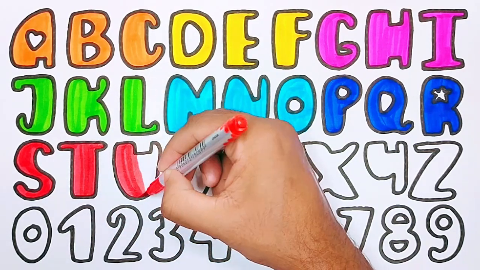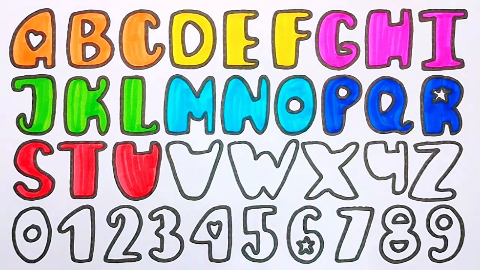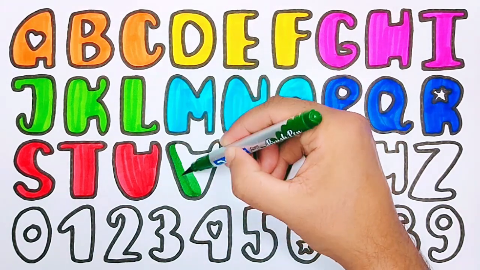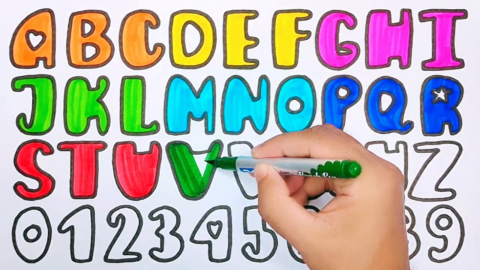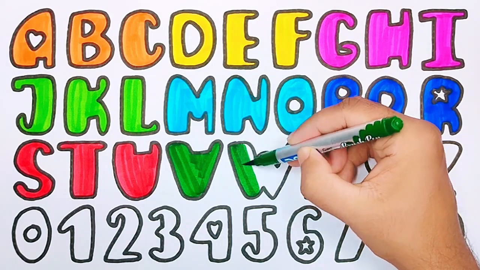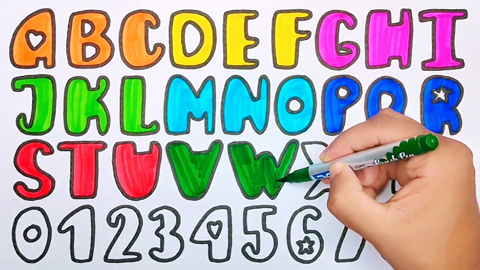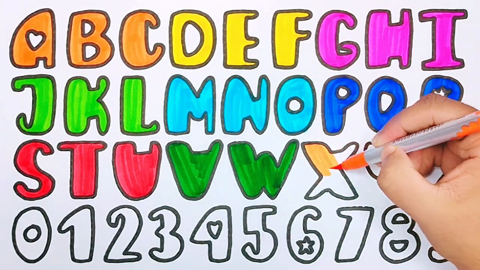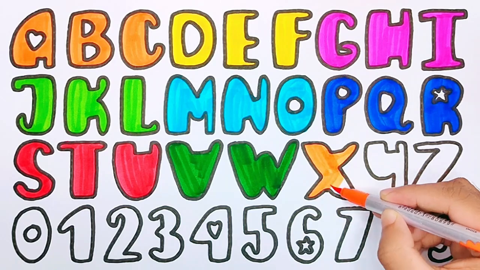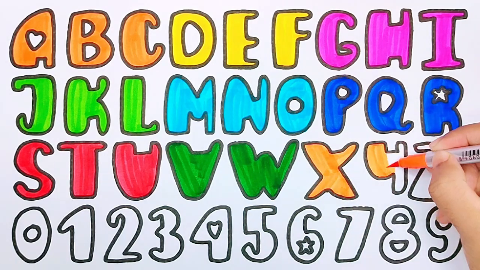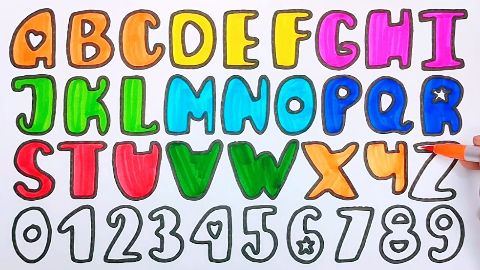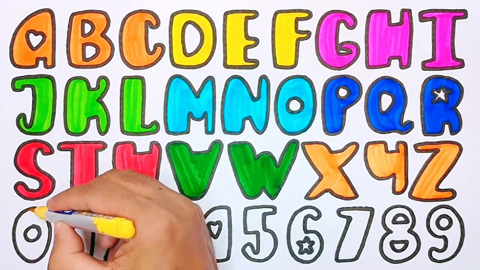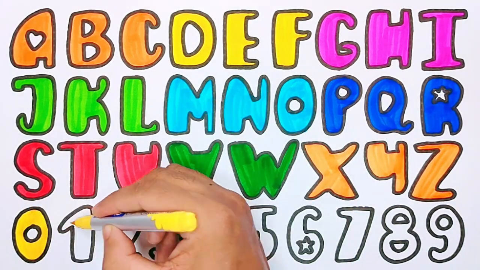U. U for umpire. Dark green color V. V for village. W. W for wall. Orange colored X. X for xerox. Y. Y for yak. Z. Z for zero. Yellow color 0, 1,